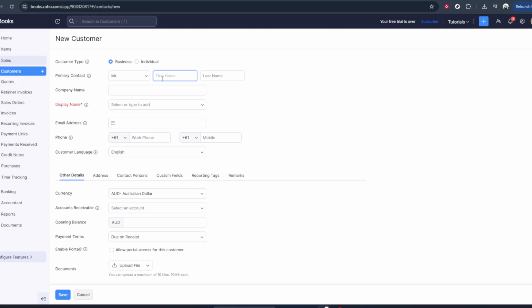Start with the basic information, like the customer's name and any display name you want to use on your invoices. You can also enter